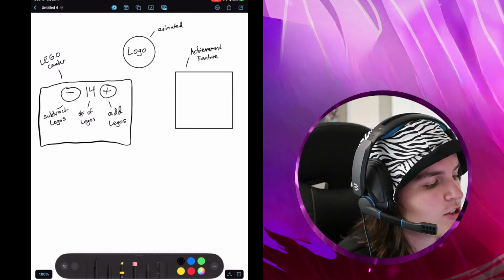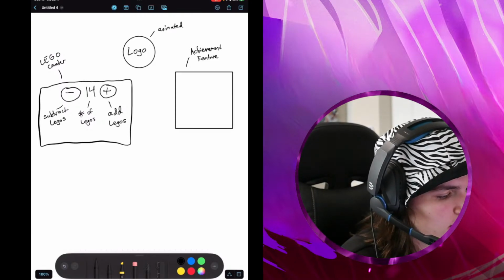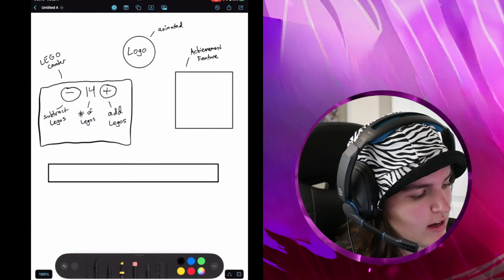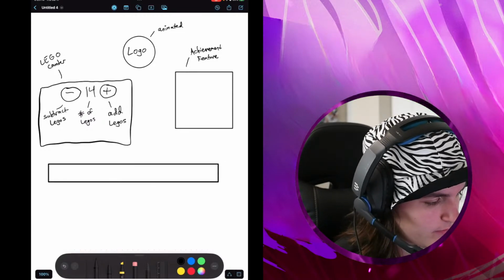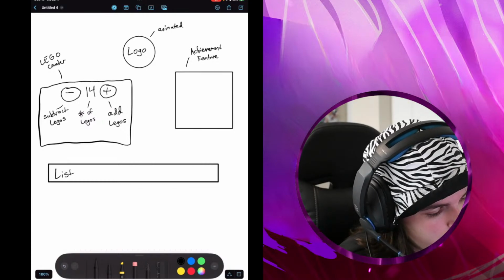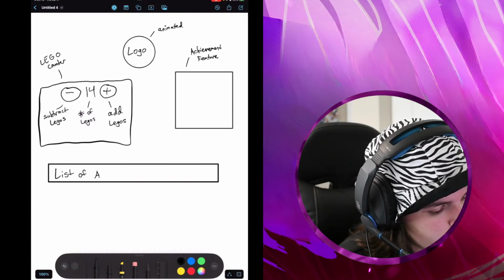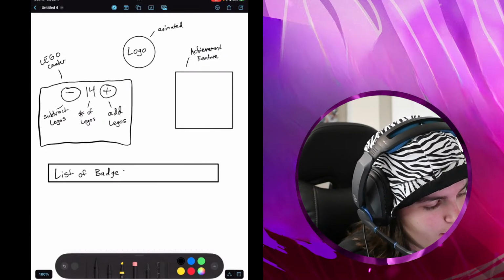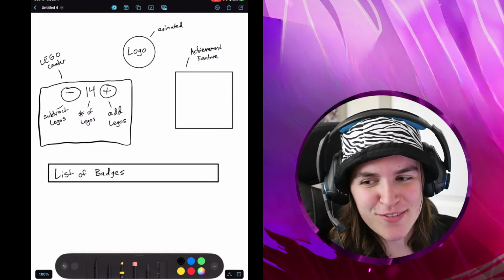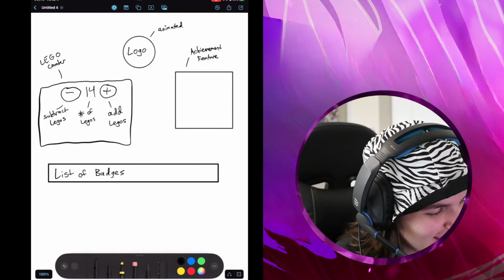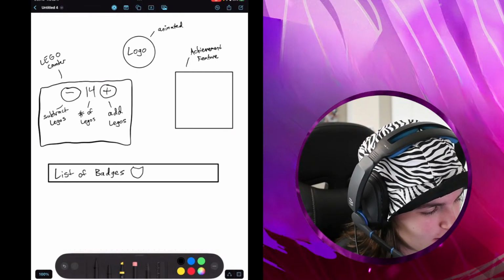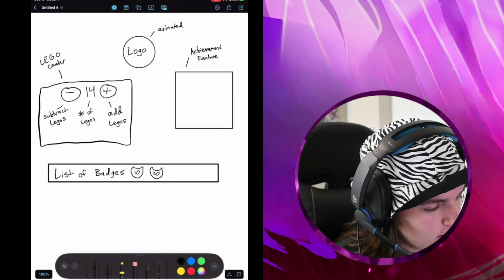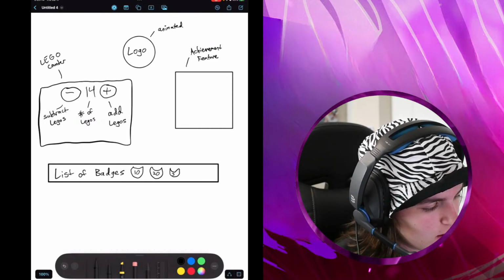Okay. The achievement feature, I think what I want to do here is have a list of achievement icons. You know what though? I'll just call them badges. I feel like badges is short for achievement icons. It's kind of the same thing. And I'll just draw some examples. So I don't know, this could be 10 Legos, this can be 20 Legos, this can be 30 Legos.